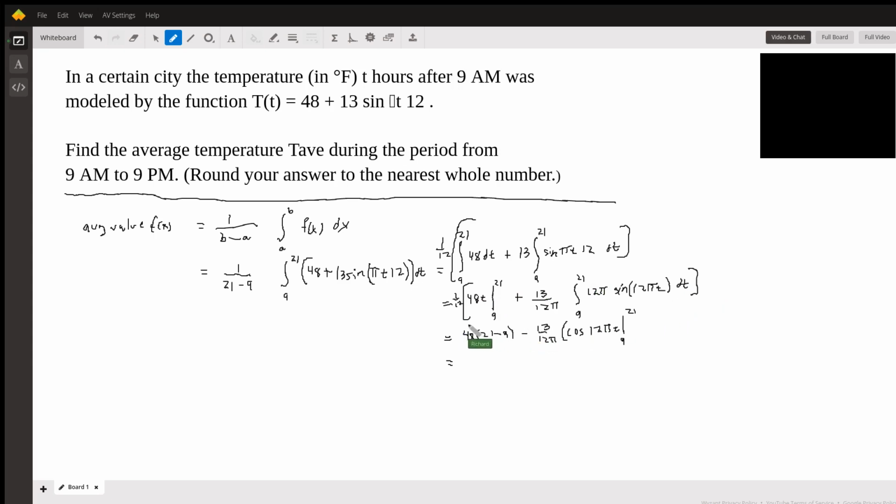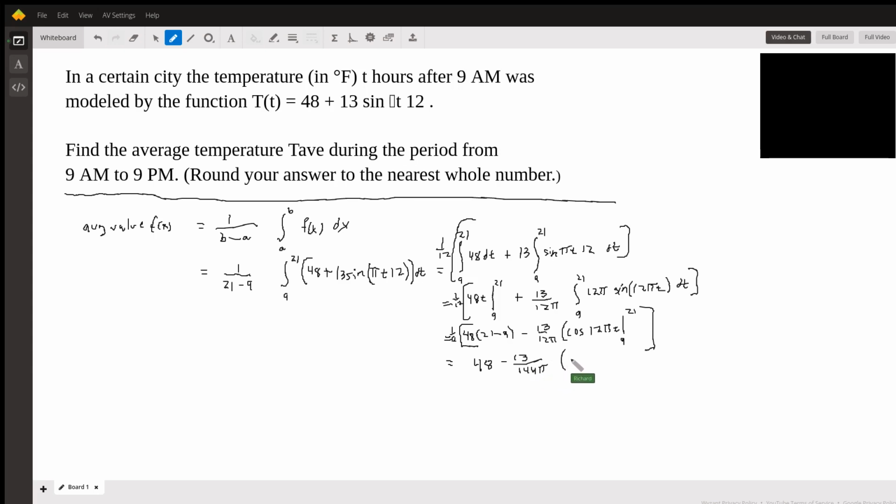So I need a 1 over 12 here. It's focused on the integral. Okay, so this is 12 times 48 divided by 12, so that's 48. So when I distribute this 12, it's going to be 13 over 144 pi